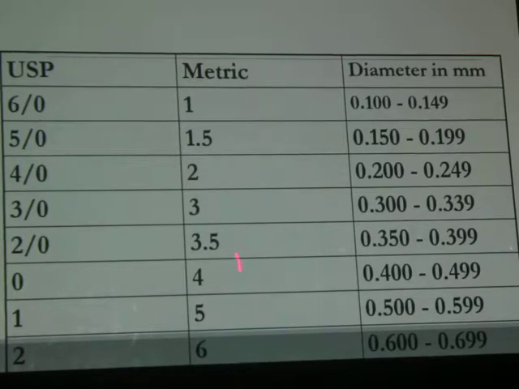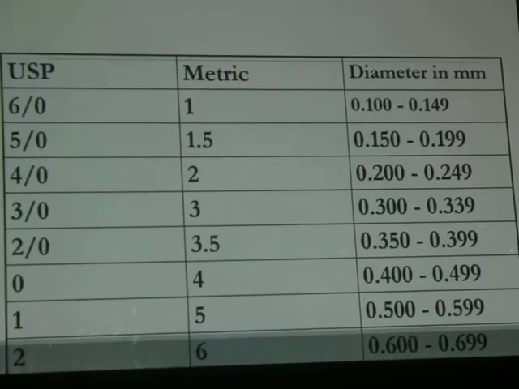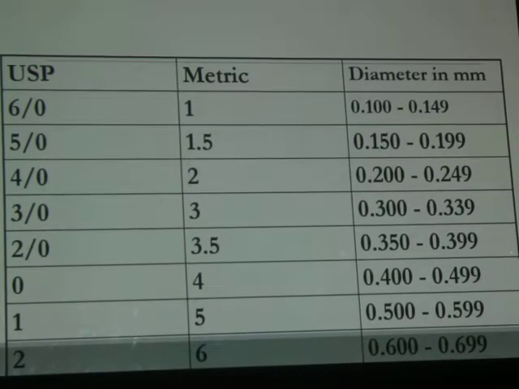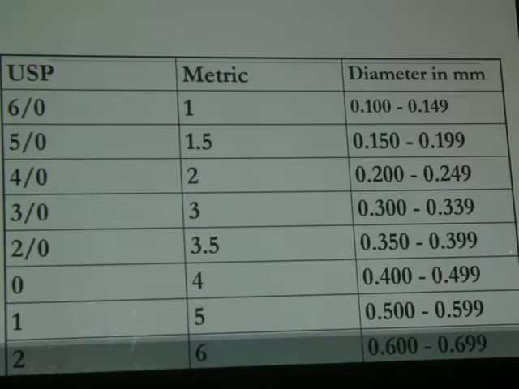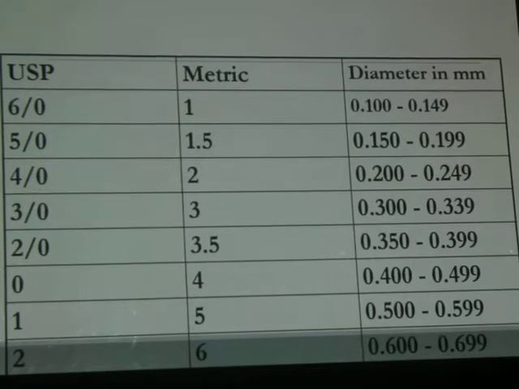There is an equivalent of the sizes depending on the zero size. في عندنا two classifications، الـ USP والمتريك. على الرغم إن المتريك هو يعني أقرب للمقاسات اللي احنا عارفينها، ولكن جرى العرف إن احنا بنشتغل بالـ USP. فالـ 3-0 أو الـ 4-0 اللي هم الـ commonest used diameter بتاعهم بين 0.3 and 0.2 ملم، عشان نبقى فاهمين